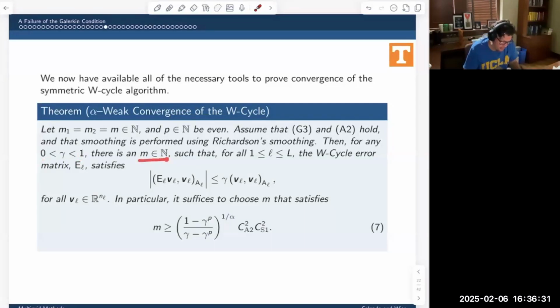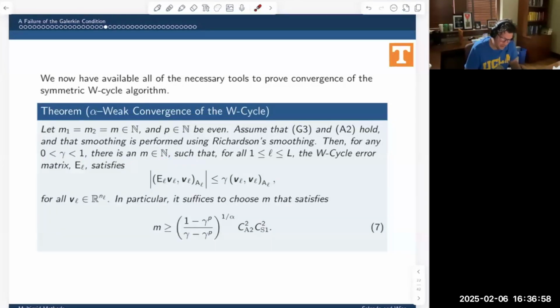There is an M such that, and remember, this means there is a barrier for the number of smoothing iterations that we do, so that if we go over that barrier, then we're going to get convergence. Okay. So there is a minimum amount of smoothing that we need to do,